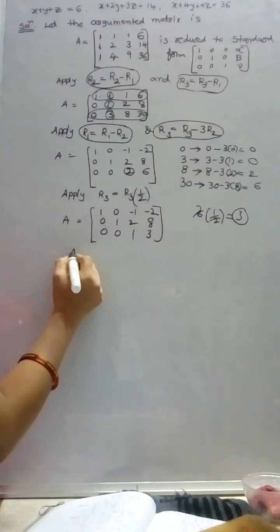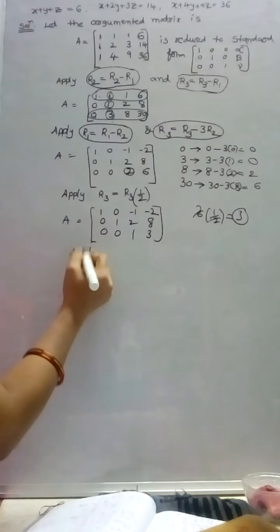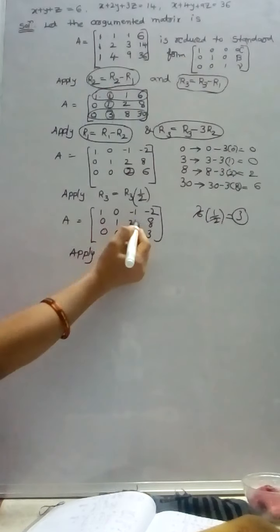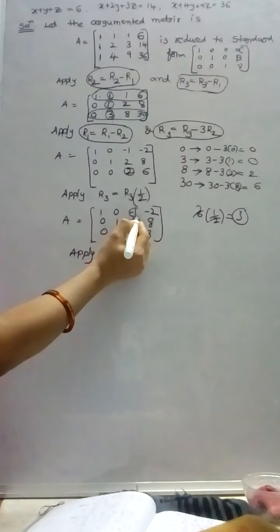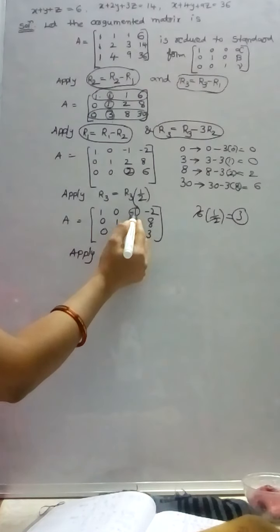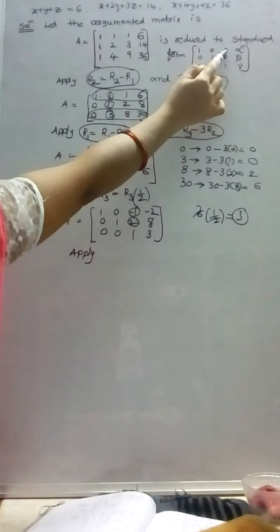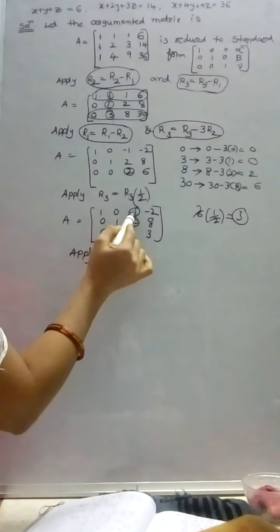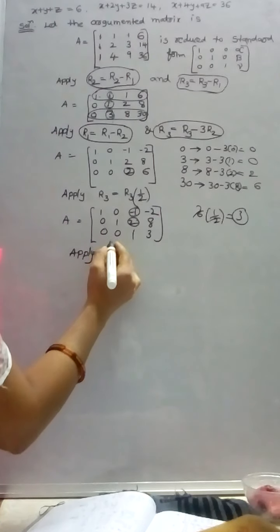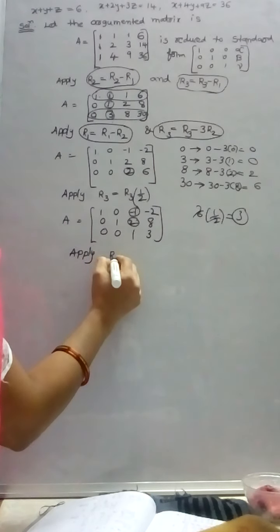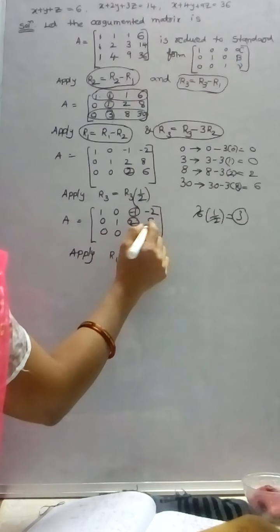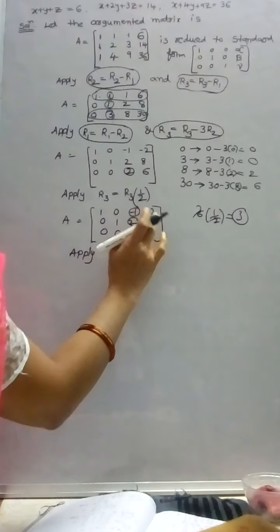Okay, next apply this element. Here R1 row element and R2 element, these two are equating to 0. In the standard form we have 0. For that, these two elements are equating to 0. For that we take the order R1 taken as R1. Here we are using only the third row. By using the third row we can change these elements.